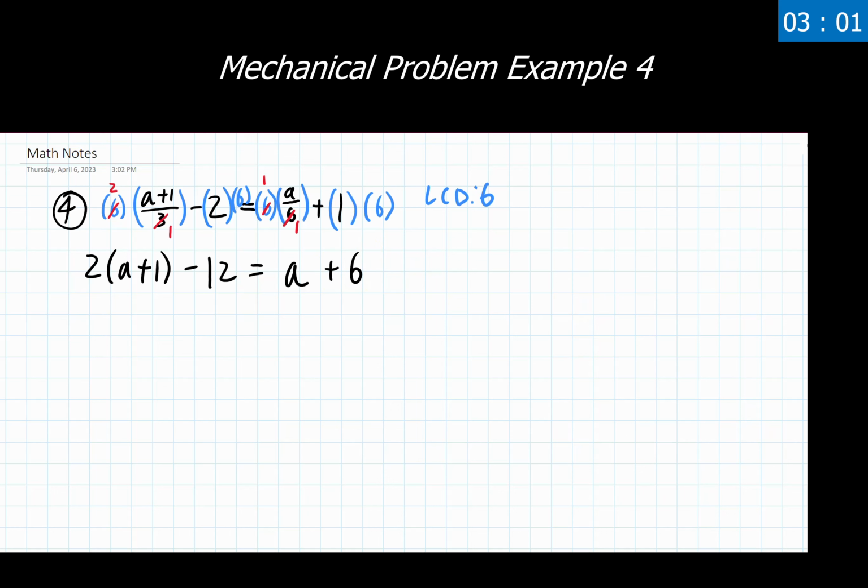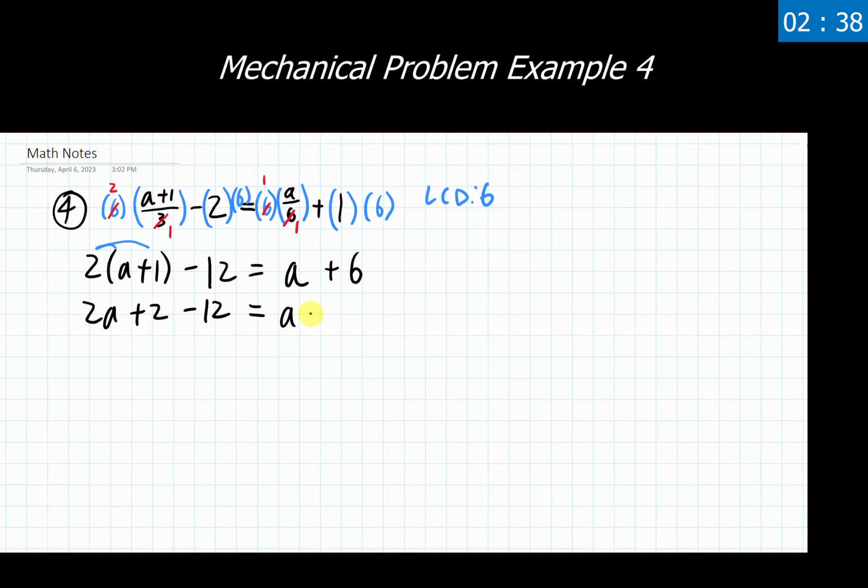And right now, I'm looking at this thinking, hey, this is something that we covered in our very first video for this material. It's a 2.1 to 2.3 problem. So I'm going to simplify both sides of this equation first. I'm going to distribute this 2 through to everything on the left-hand side, and I'm going to get 2a plus 2 minus 12.